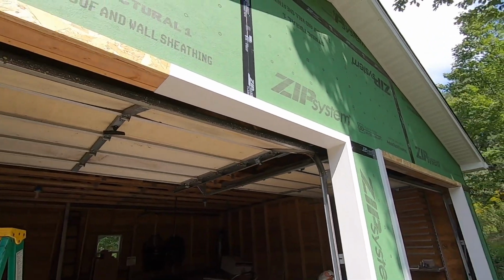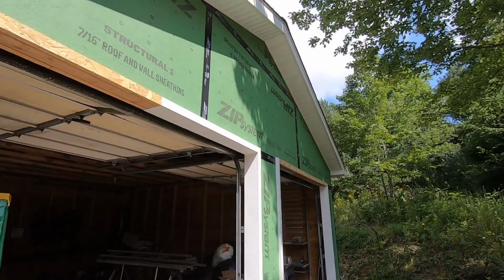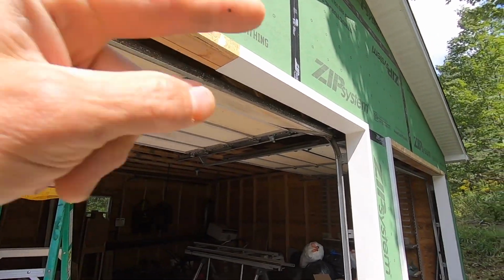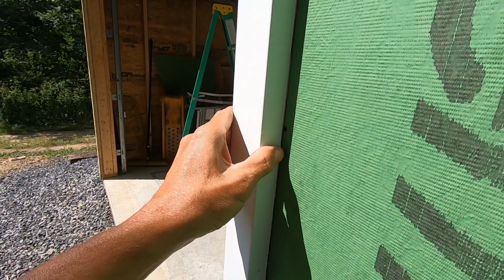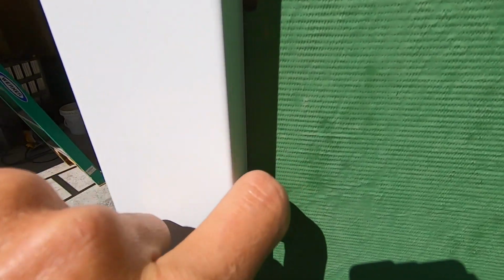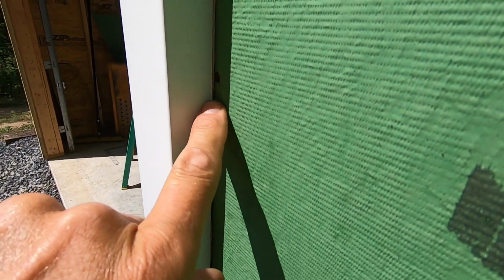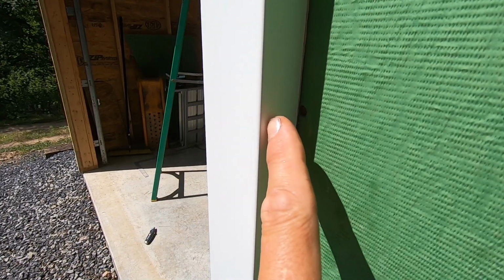Anytime you're doing something where pieces overlap, you always want to start at the point you would look at the most. When the next piece comes over here and wraps around that piece, the joint will be facing that way and be more difficult to see. A tip before we start bending: this is basically a J that comes around here. I added all these measurements up, and it turned out to be about 11 1/4, and I left a 1 inch tab onto the inside of the garage. I always start bending right here, and I make it a little shy. There's about a 1/16 gap here. Once the J channel comes on here,